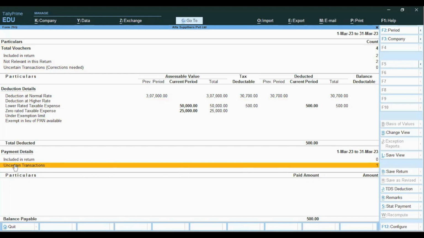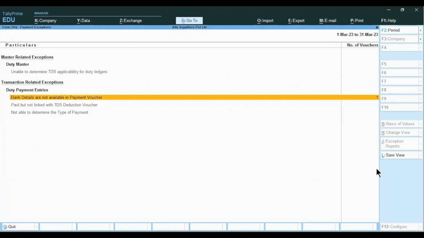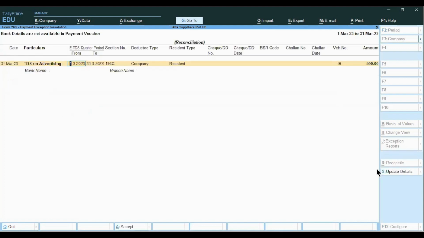How to bring? We have the uncertain transaction. Number one, only one transaction is there which is listed in uncertain transaction. Press enter and reconcile the transaction. Provide bank details for that voucher so that it will get placed in paid amount column. So provide all the details. You can reconcile this payment through reconcile statement also. So provide the cheque number, cheque dated 31st March, BSR code, it is a 7-digit numeric number,